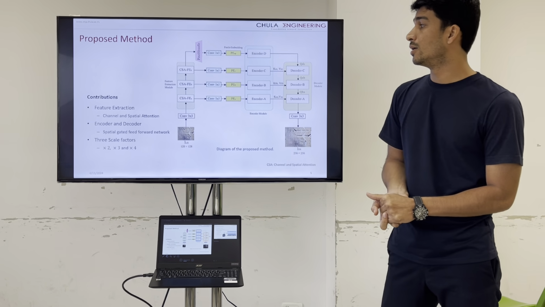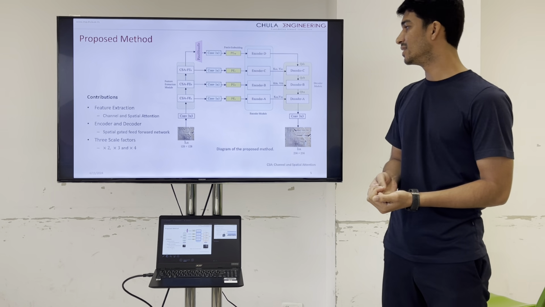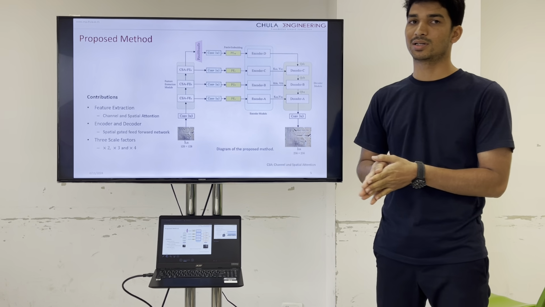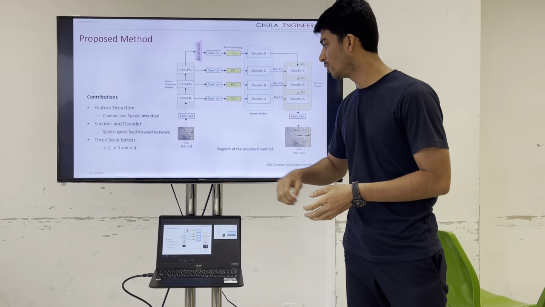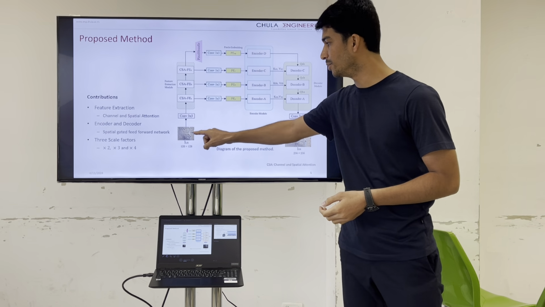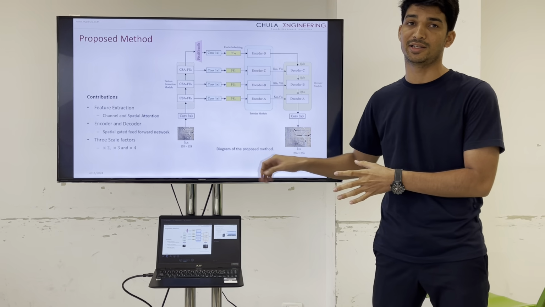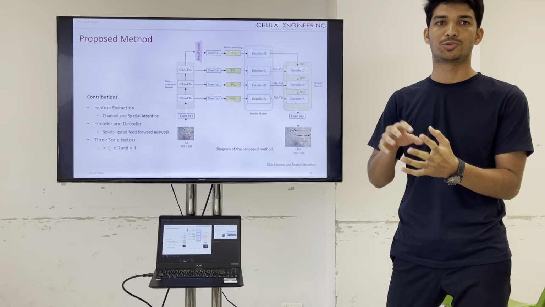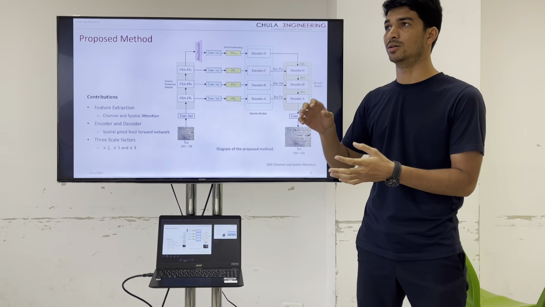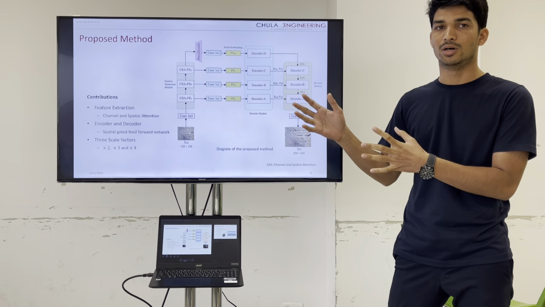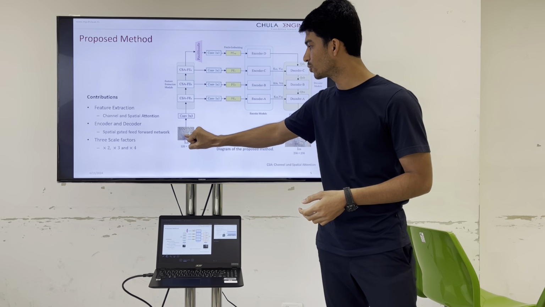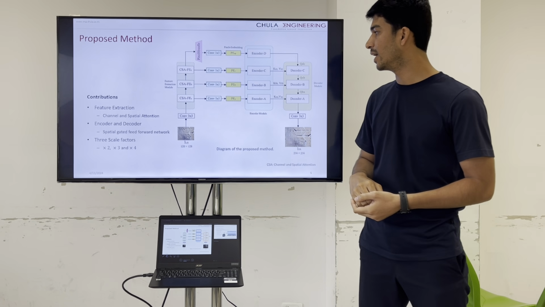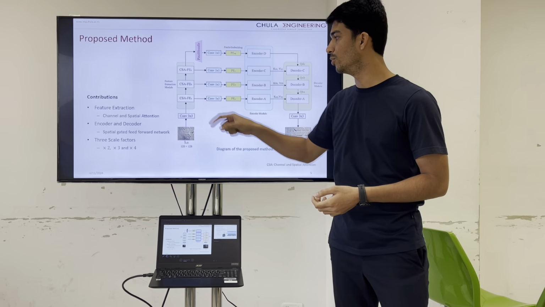So for that, we propose a method called channel and spatial attention feature extraction. First of all, we have a low resolution image, and the computer cannot understand that this is an image. So we need to convert the image to an array, that is, binary form of 0 and 1, or array form, so that the computer can understand this language. For that purpose, we convert the image to an array, and then we have the feature extraction module.